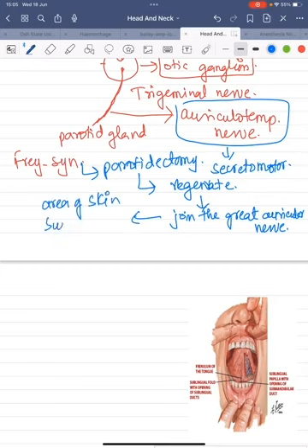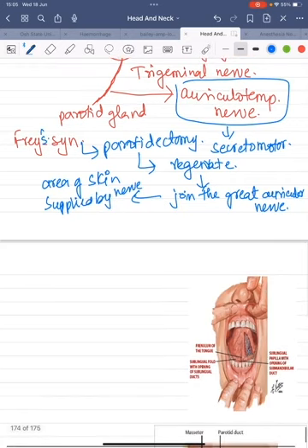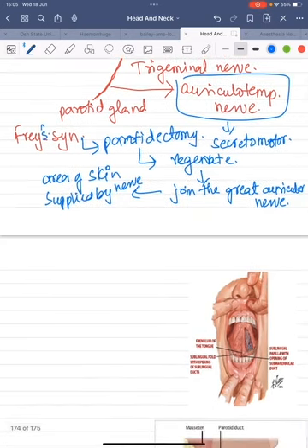So this is known as what? Frey's syndrome. Okay, so once again I am telling you, you perform parotidectomy, removal of the parotid gland. Sometimes what happens is that these auriculotemporal nerve fibers, which are secretomotor fibers, will regenerate, and when they regenerate, they are going to join the great auricular nerve, and when they join the great auricular nerve, it will cause stimulation of the sweat glands and hyperemia in the area which is supplied by this nerve. So the patient will develop Frey's syndrome.